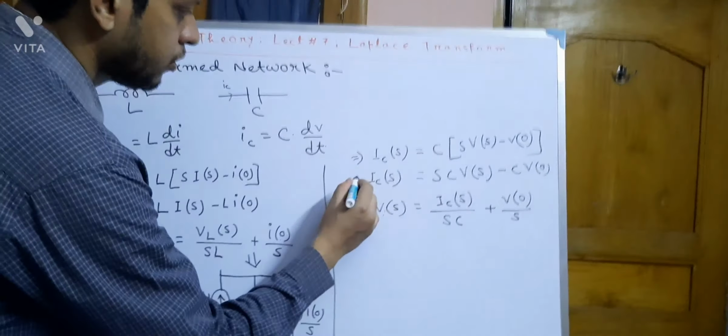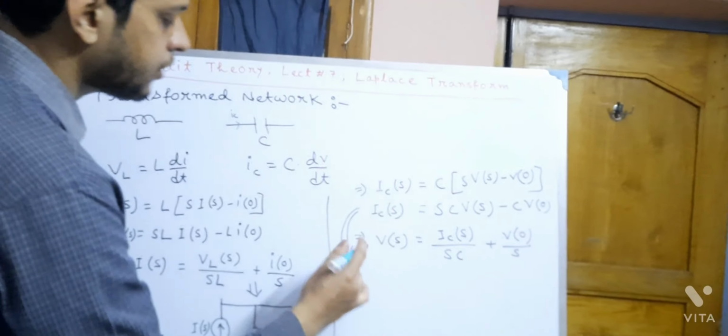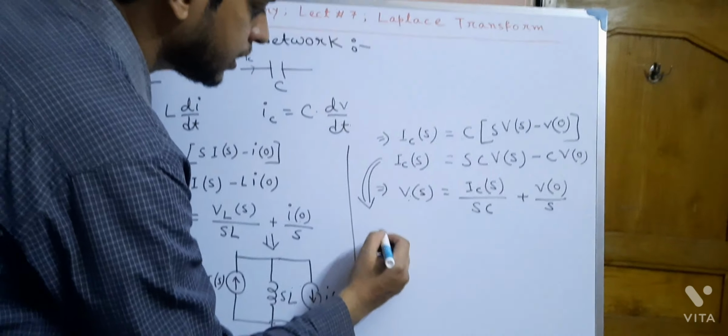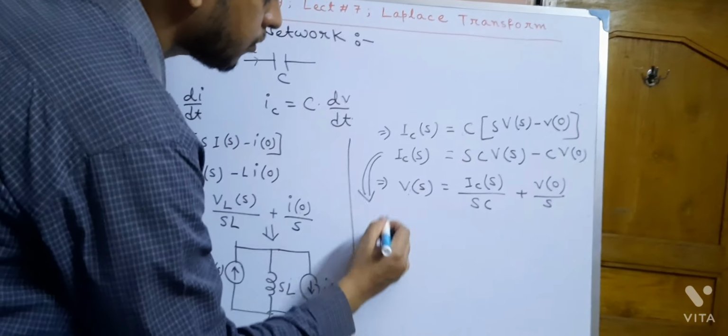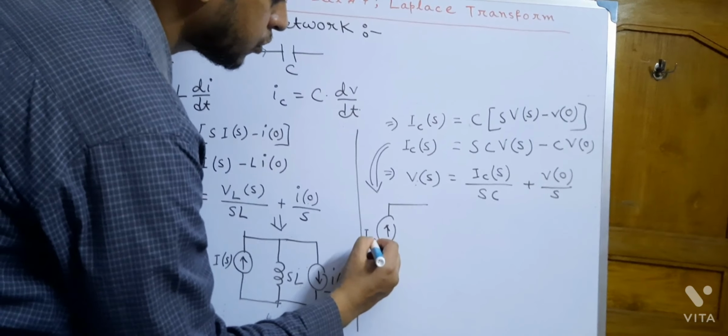Therefore, if we want to draw the equivalent current source circuit, from this equation we will get this is the current source ICS,